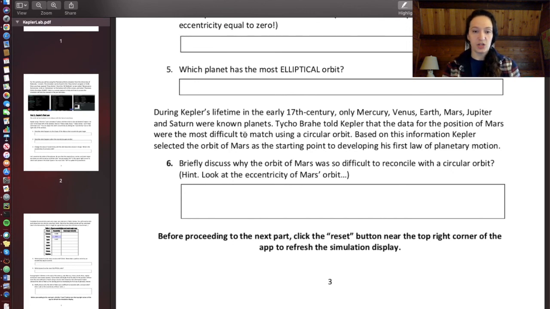Based on this information, Kepler selected the orbit of Mars as the starting point to developing his first law of planetary motion. So, number 6 asks, briefly discuss why the orbit of Mars was so difficult to reconcile with a circular orbit. Hint, look at the eccentricity of Mars's orbit. Now, I'll tell you right now,